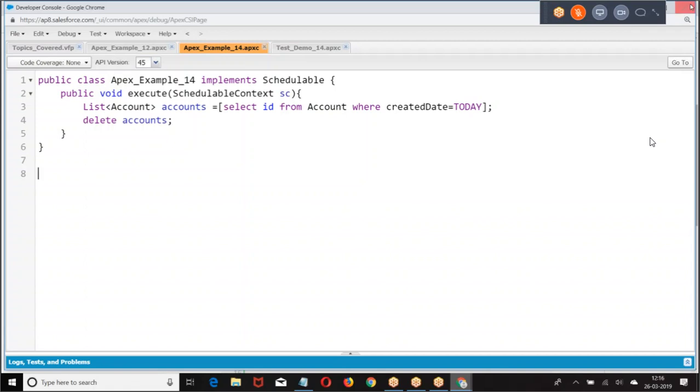Right. Now again, I repeat, people are supposed to practice more logics on list, set, map, wrapper. SOQL with wrapper. DML with wrapper. If you are good with these 5 concepts, you will be able to write logic. If you're not good with the 5 topics, you will not be writing logics. As simple as that. Practice more on that.